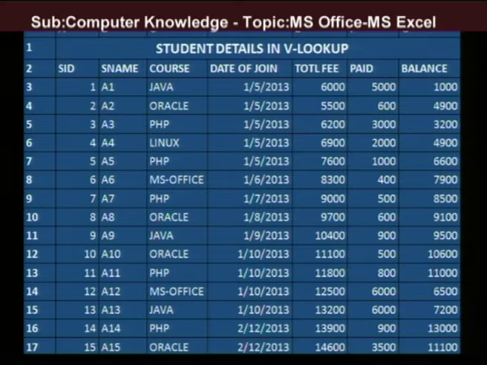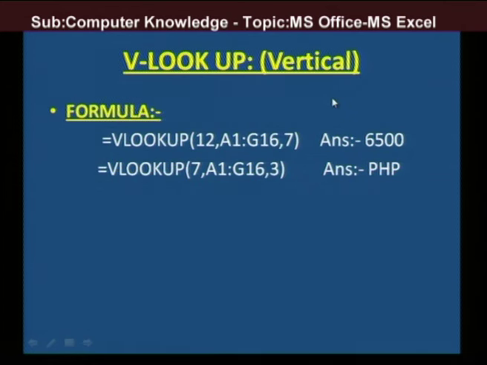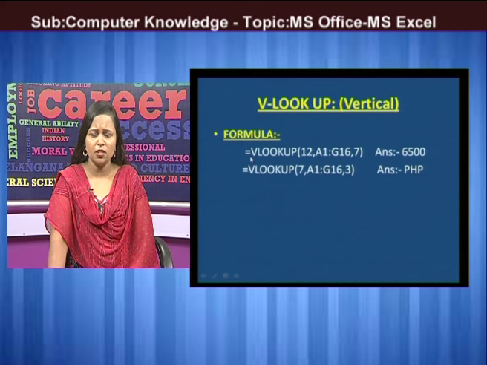VLOOKUP is a vertical lookup. In student details or otherwise anyone, we have to find out the vertical option, searching, so using VLOOKUP. In this, student ID, student name, course, date of joining, total fee, fees paid and balance. This is the table about student details. So, how to find out the VLOOKUP and how to write the VLOOKUP? Each and every formula starts with is equals to, must and should. VLOOKUP of